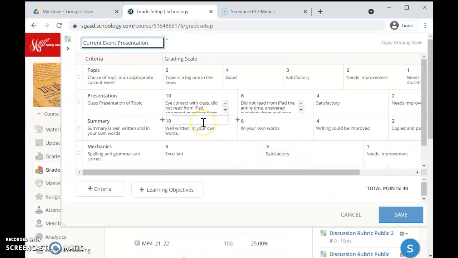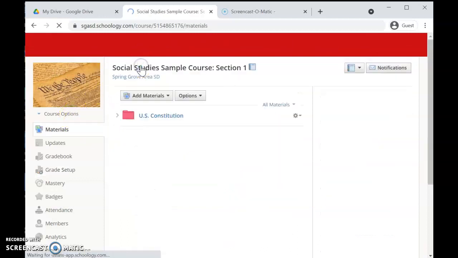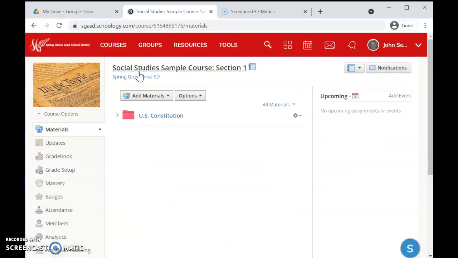But what I want to do is be able to have this rubric given to the students and then use it to score when they do the presentation. Now, instead of going and making copies and passing it out, cutting it out, I can utilize Schoology for this. All right. So after I've made my rubric within Schoology, and there's a separate link that shows you again the